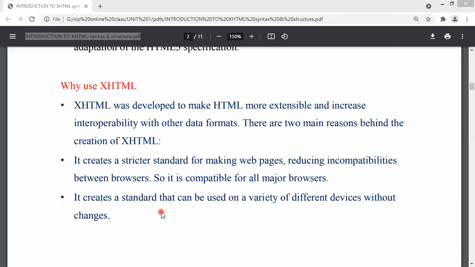So you can copy the code and run it on any of the other devices also. So what is the summary of this? Why use XHTML? Because it is stricter than HTML and it is compatible with all the browsers. These two points come under why we use XHTML.